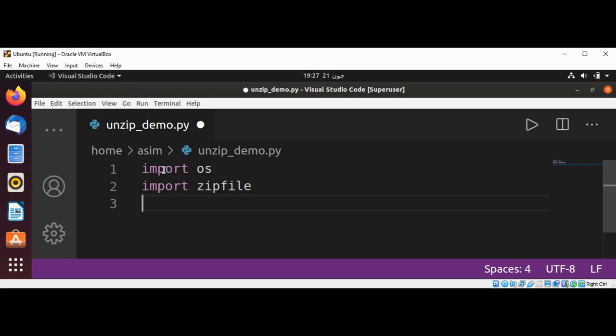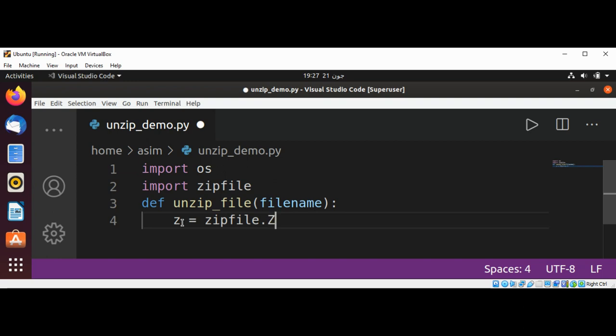And then I will open a zip file in our function. I will define a function, def unzip_file, and it will take a file name, path to zip archive, and I'm going to use zipfile.ZipFile and pass in the file name,